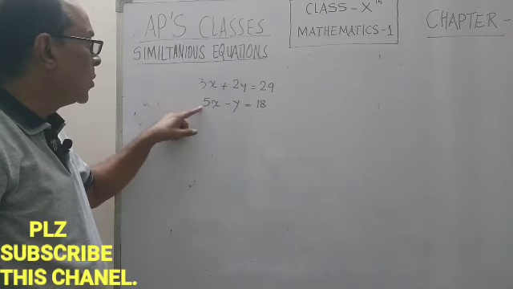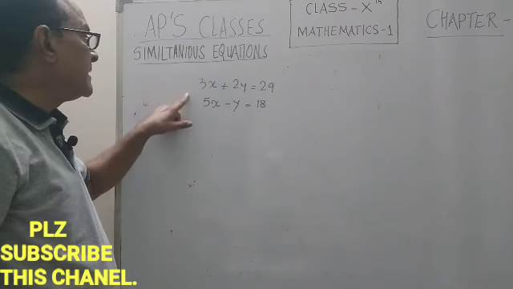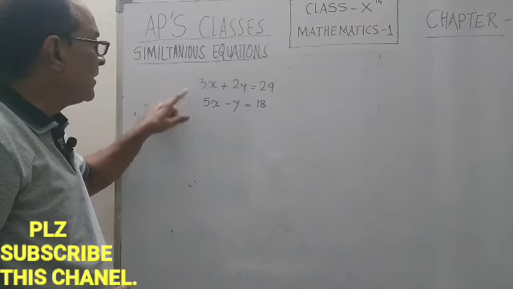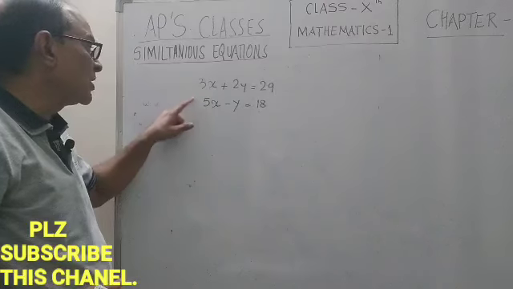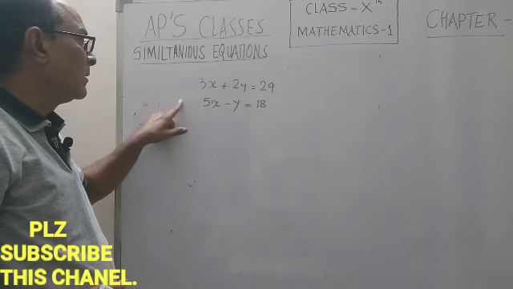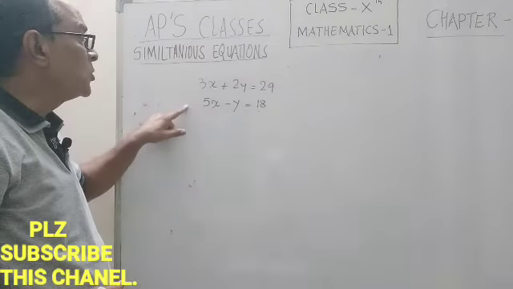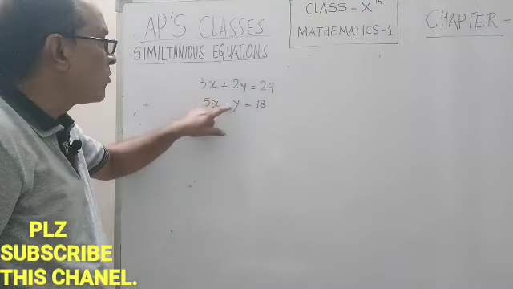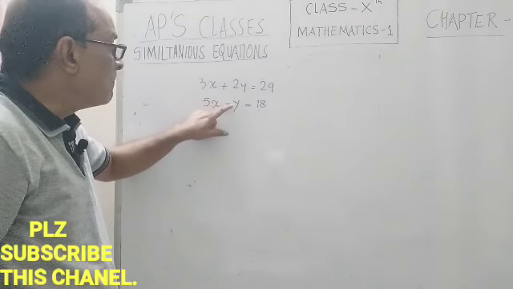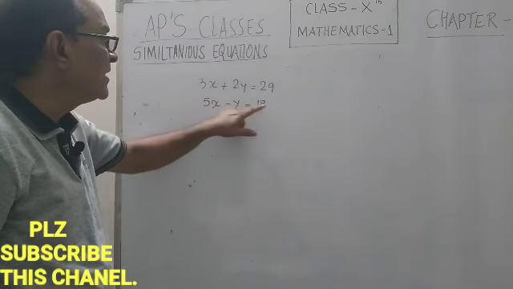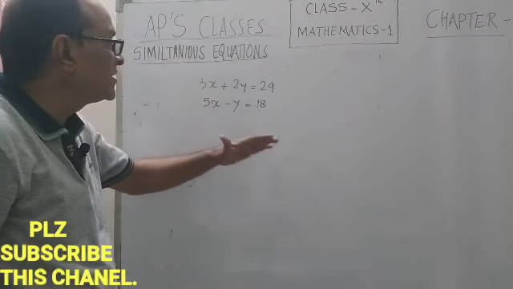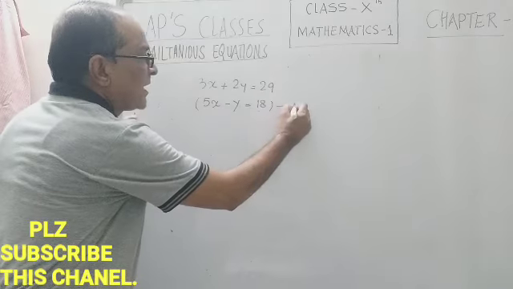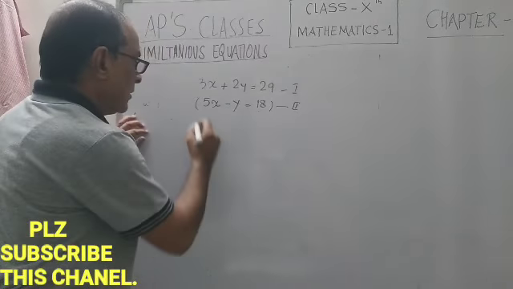Which is the variable that I can eliminate very easily? 3, 5, 15. 15 is the LCM. If I multiply by 5 to this one, 15 will appear. If I multiply by 3 to this equation, it will be 15. But here I can see 1, here 2. To make it 2, I need to multiply this equation by 2, and then it will be simpler than the previous one. Okay, then I will multiply the second equation by 2.